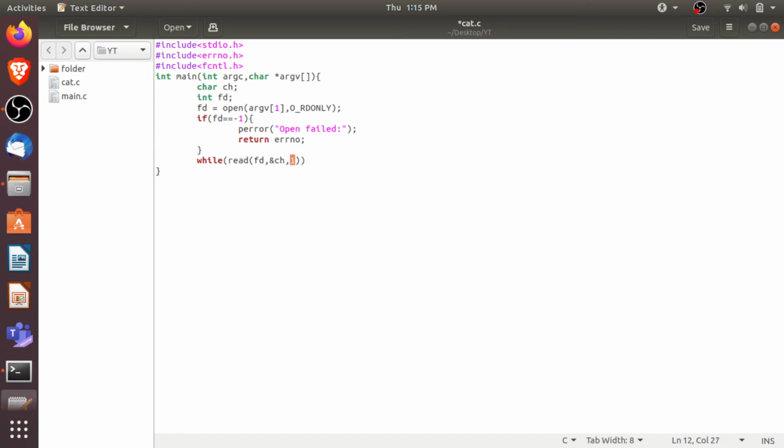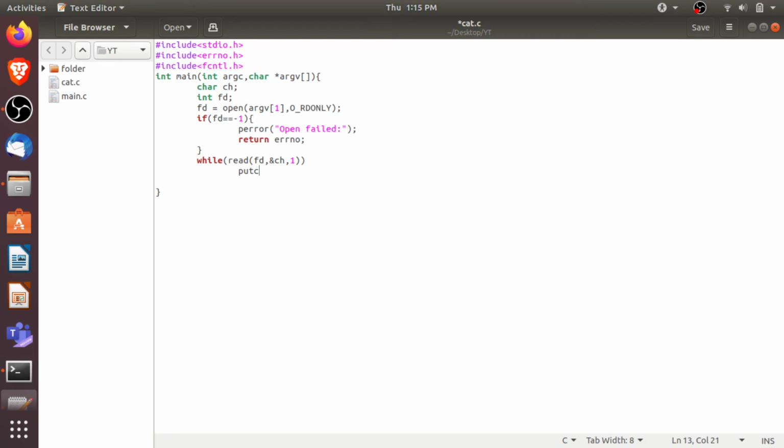This 1 means read 1 byte from the file descriptor fd, which we have opened here, and store it at the address of ch, that is the address of the character. When it reads some value, it gives us a true result and the loop starts.